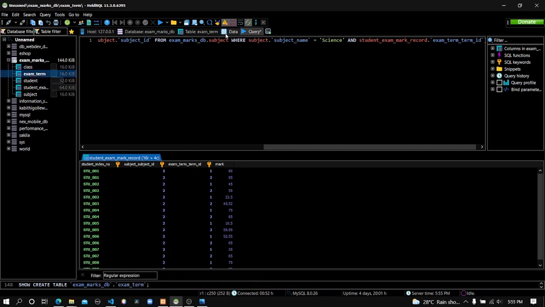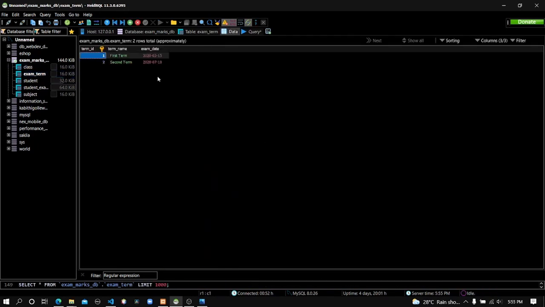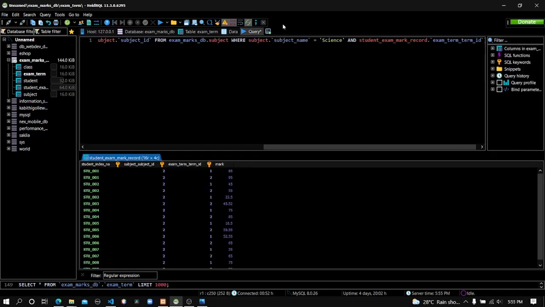Here in the exam term table, you can see the exam date is also recorded in this very table, and using that we can find the term ID. So in the exam term table, the exam term ID in the main table should be equal to the data outputted from this subquery. Here's the subquery to the exam term table to output the ID